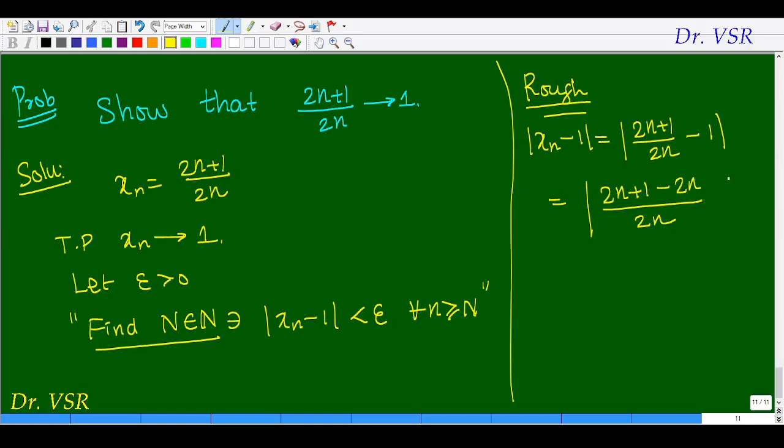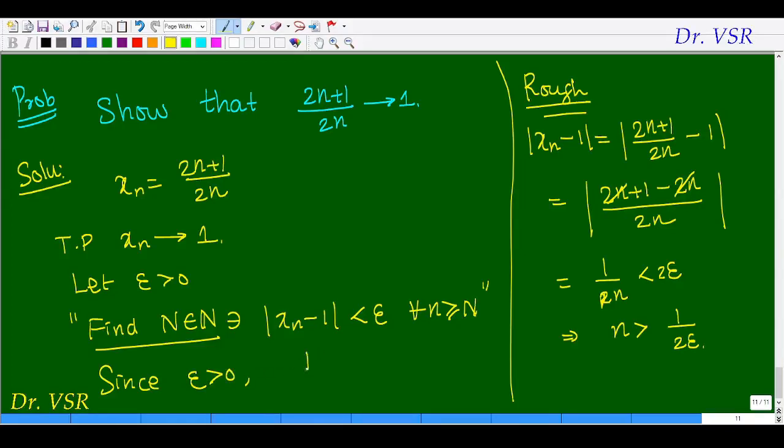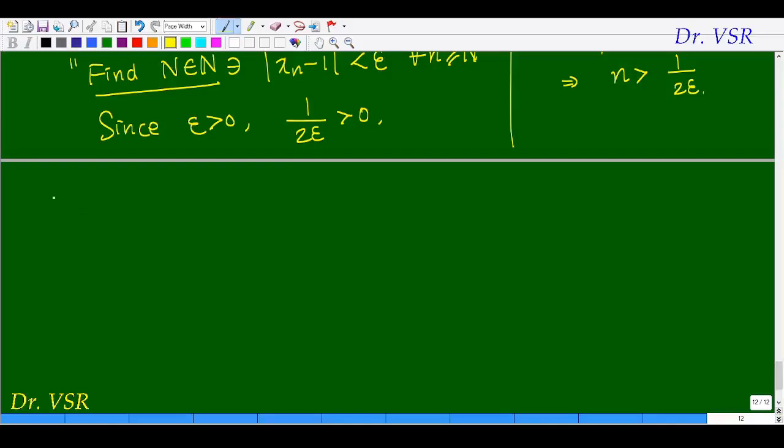The 2n will get cancelled, so this is equal to 1 divided by 2n. Now I write it without modulus because this is positive. This has to be less than epsilon, which implies n is greater than 1 divided by 2 epsilon. That's all. Since epsilon is positive, 1 divided by 2 epsilon is positive, so by the Archimedean principle